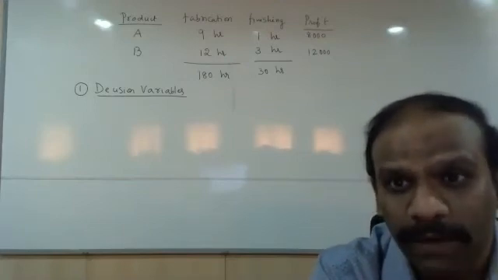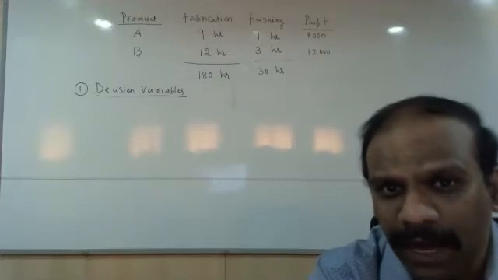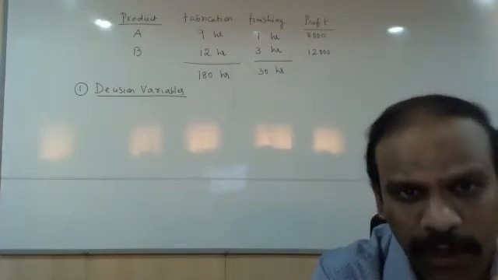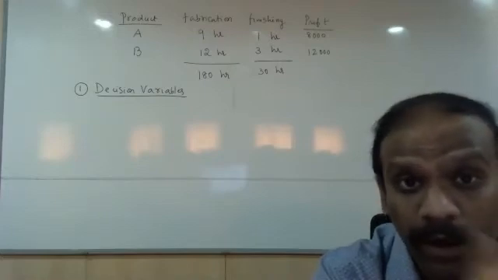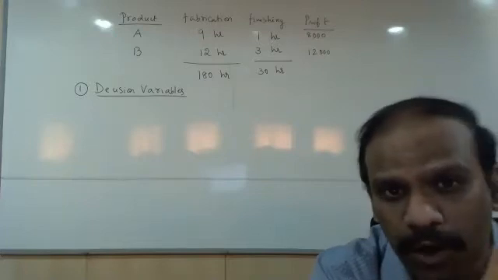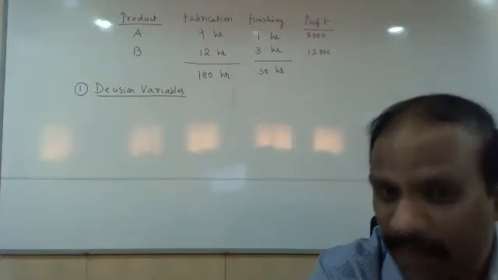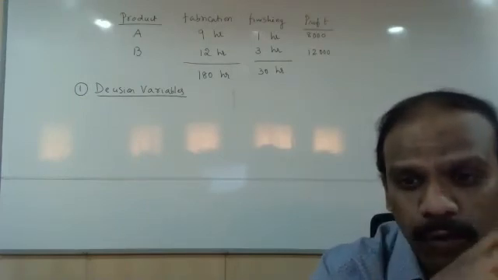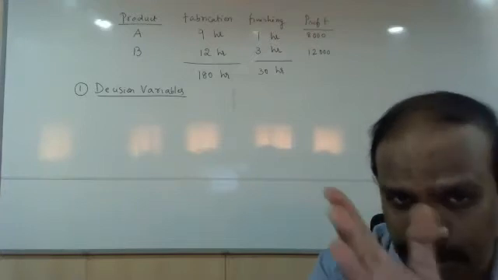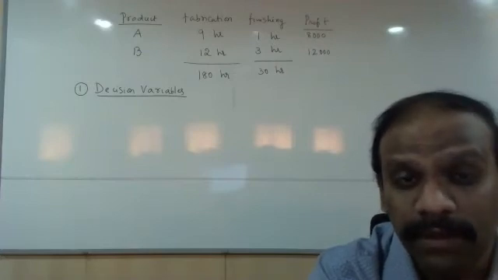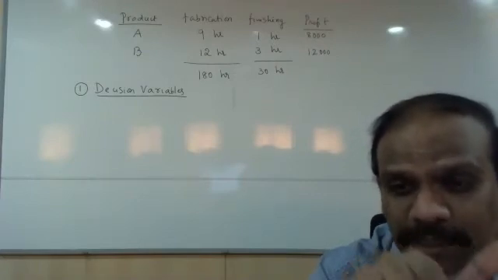So from the answers these 2 people have given, within the purview of the data, there was absolutely no scope for that. Here we are not talking about allocation, and we are not even talking about reduction of cost. We are not even talking about how we can reduce the fabrication or finishing time. So all this is absolutely not within the scope of the case. Anyway, that's perfectly fine for the first question. I appreciate that you tried to visualize the problem from other perspectives. But as far as linear programming is concerned, the first and foremost requirement is that your assessment should be only within the scope of the data.